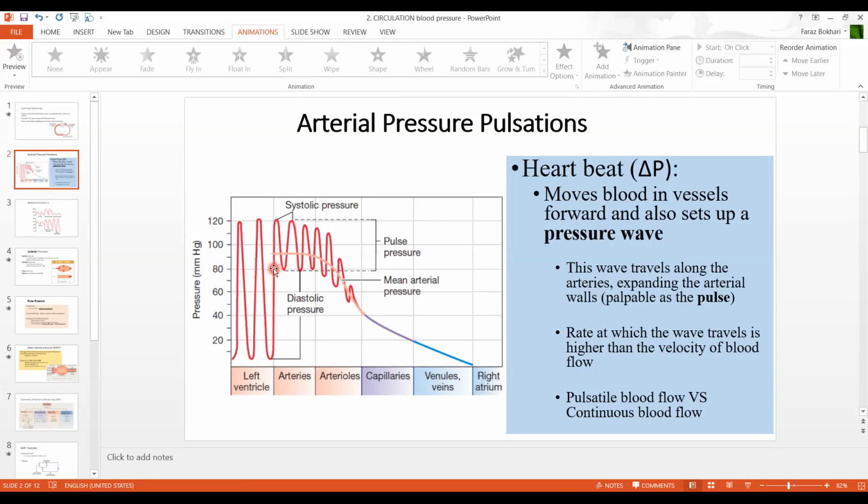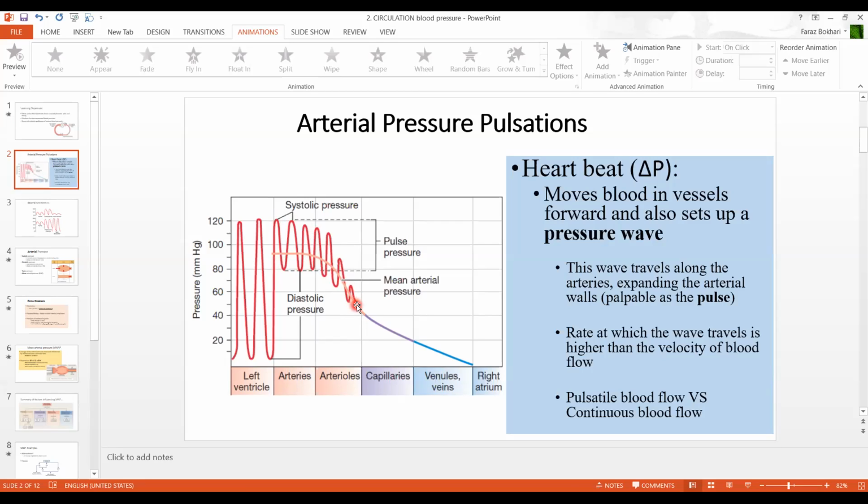When you introduce a bolus of blood, it rises from 80 to 120. And when the heart stops beating, goes into diastole, this pressure drops back to 80. And then the heart beats again, introduces another bolus of blood. It again goes up to 120. Now, as you move along, we will talk about why it doesn't go below 80 in the next slide or two. If we just move along now to the arterioles, then to the distal arterioles,